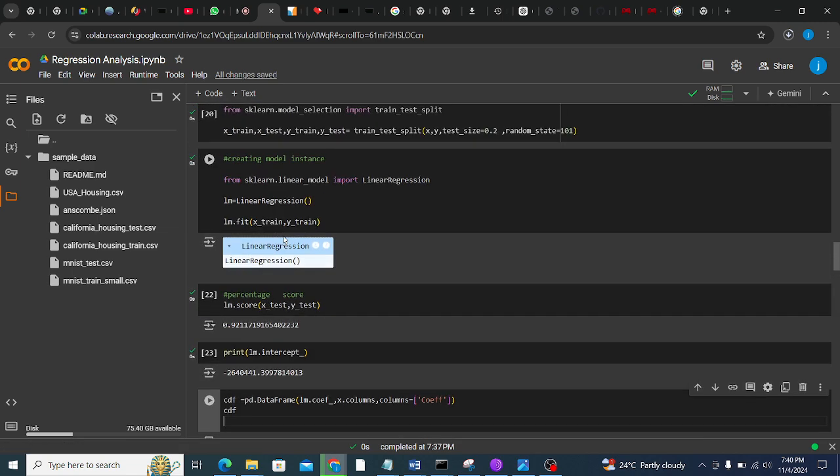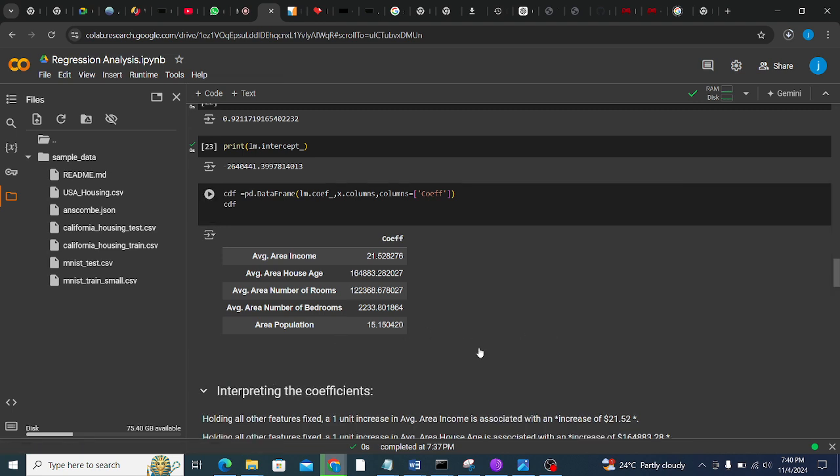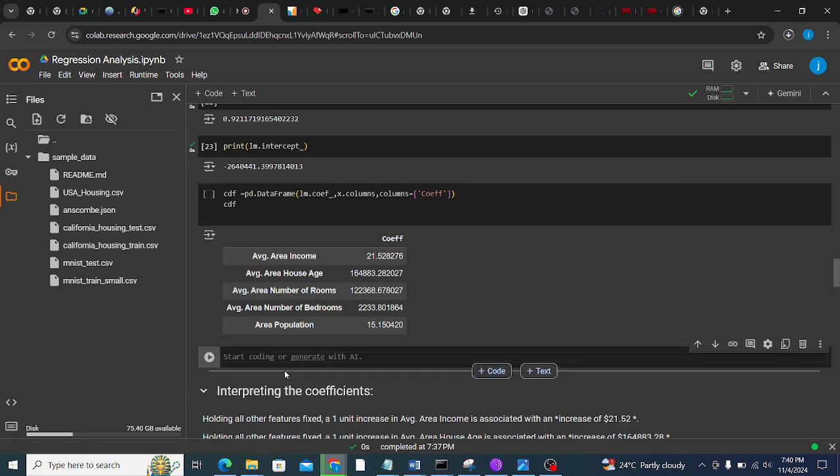You can just have our equation here down. It's going to be something of this nature. You're going to have house price prediction, you can just call it prediction,